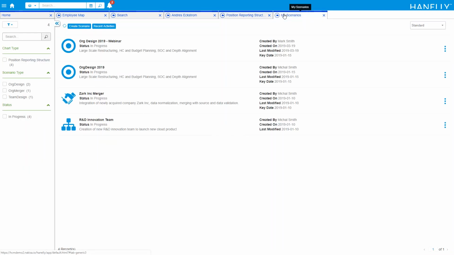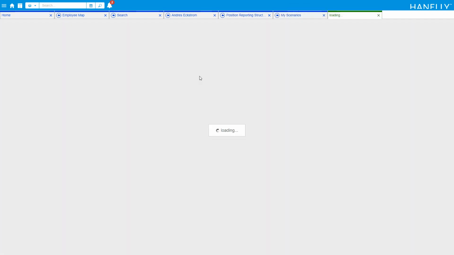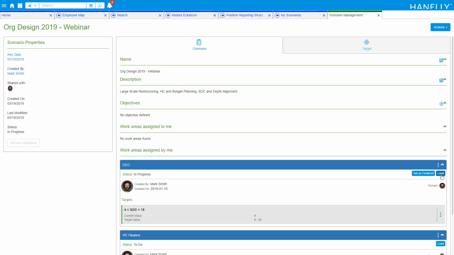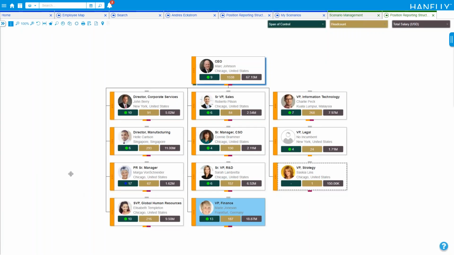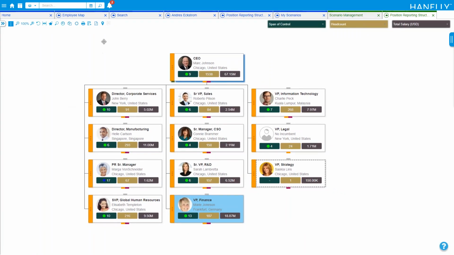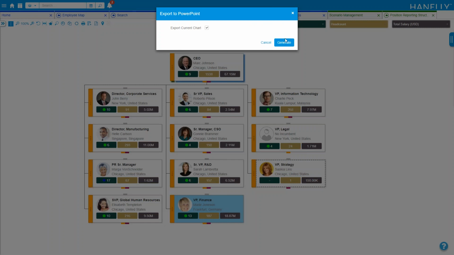Last but not least, and I forgot to mention this, if you do want to export the structure, of course, you're able to do that in Hanelly very easily. So let's say this is the model that I worked on, and I want to discuss this in a meeting with the manager of these organizations. I can very easily do export to PowerPoint. And